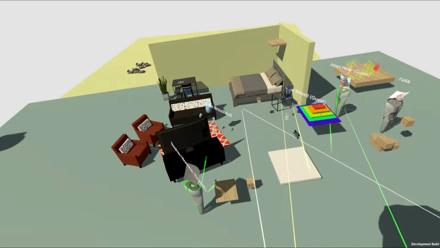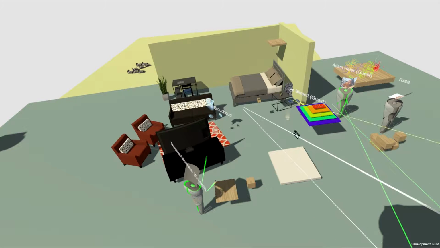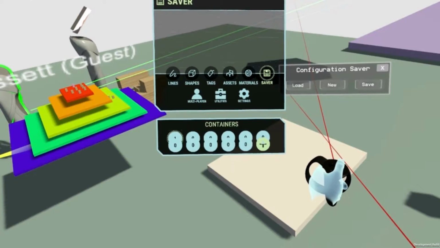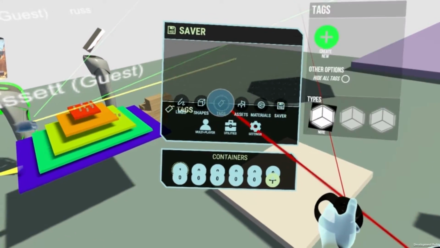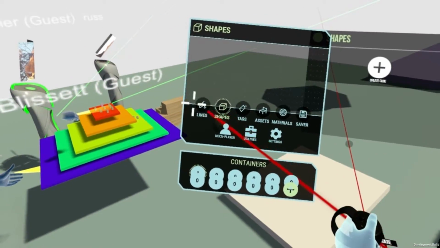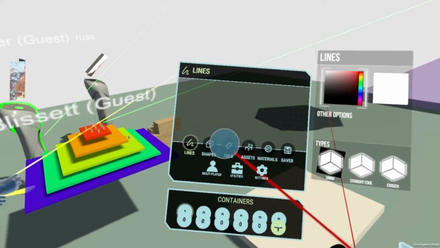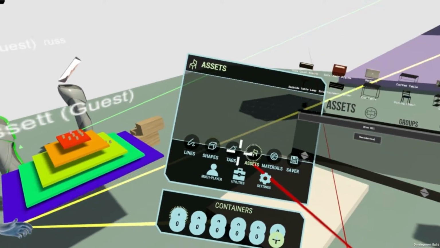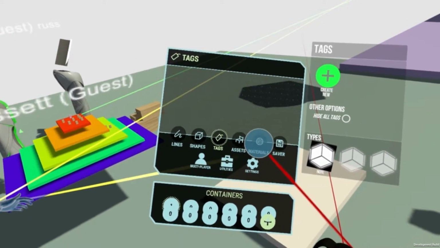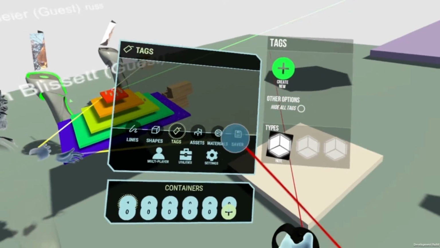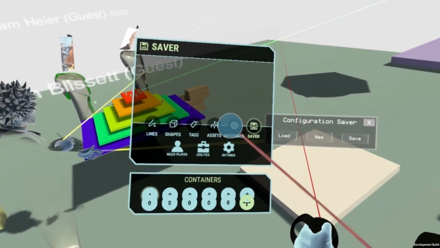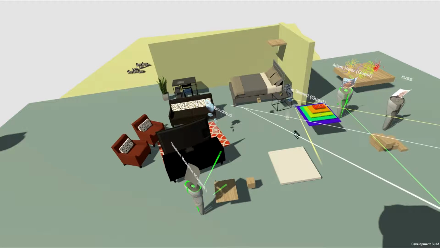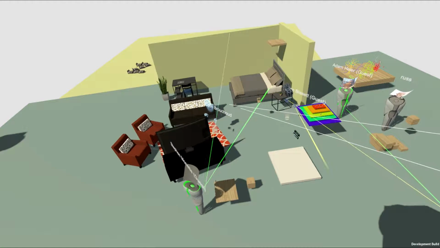So the UI is an update, which we have. Let me try to show that. So we have the new UI system, which has been designed by Gavin Folgert, and I've got a quick animation that Adam put in with new sound effects. So we've actually changed the sound to be a little bit less abrasive than the other ones were. As you can see, as you scroll through, there's a little animation that plays. So that's pretty awesome. And so we've just got the old UIs to the right,